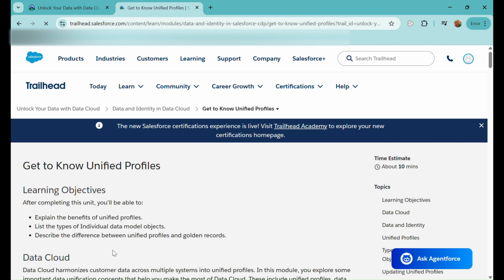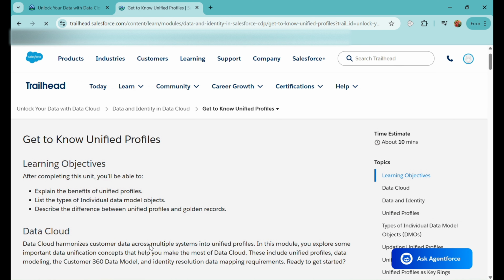Our first unit is get to know unified profiles. So I'll keep it short. I'll explain what they are talking about here, that is, what the unified profiles are. So in the data cloud we are getting data from multiple data sources at one place. So if we are getting that data from multiple data sources, there is a chance that we can have the same customer profile in the different data sources, and that will get duplicated data in the data cloud. So suppose we are having a John customer in data source 1 as well as in data source 2 and as well as in data source 3.